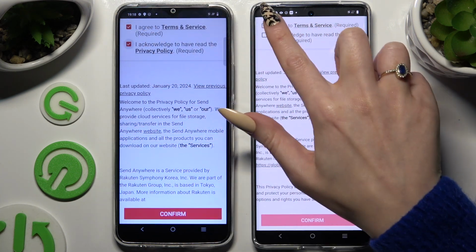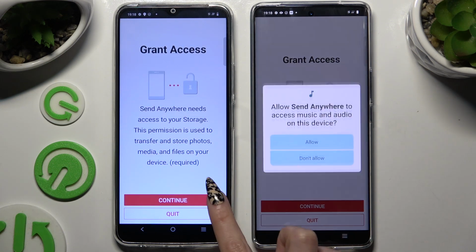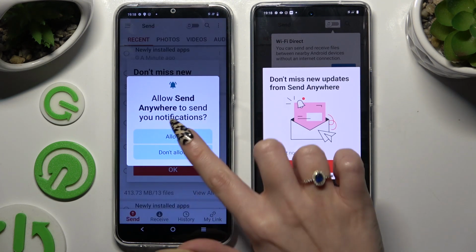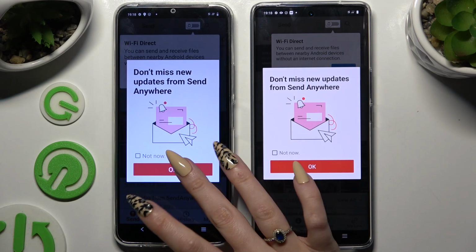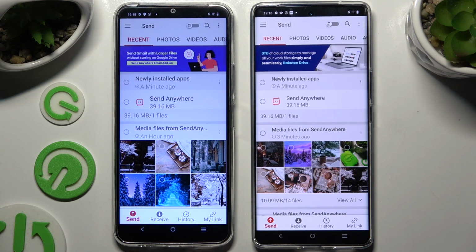Firstly, I agree and I acknowledge, then confirm, continue, and allow. In this window though, about new updates, choose whatever you want to and tap on your device's displays. Then select Send at the bottom left corner of your VIVO Y27 and Receive right next to Send at the